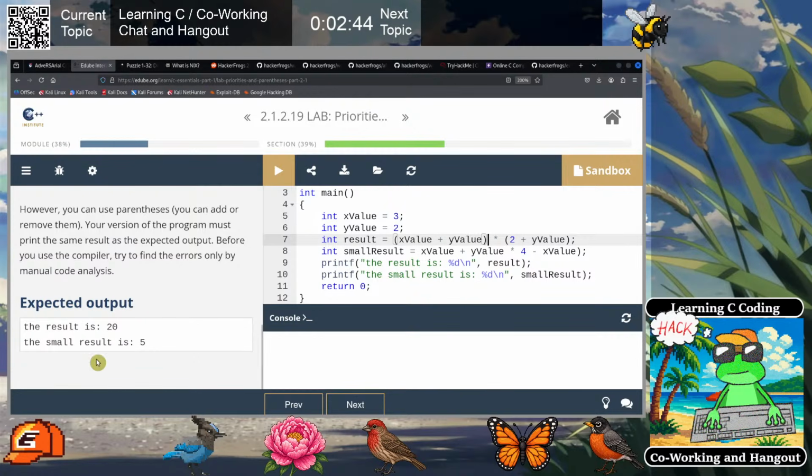So I guess what we want to do for the small result is multiply by a negative number, maybe? How can we achieve that? Four minus x value is 2. So times 2, but we want to get a small result that is smaller. We can't change the values of x.